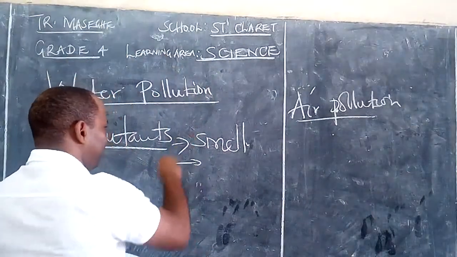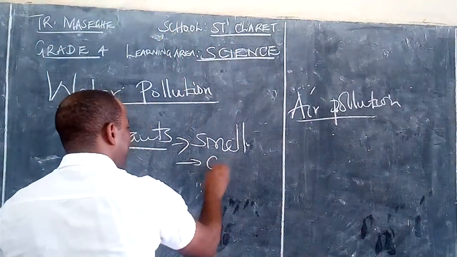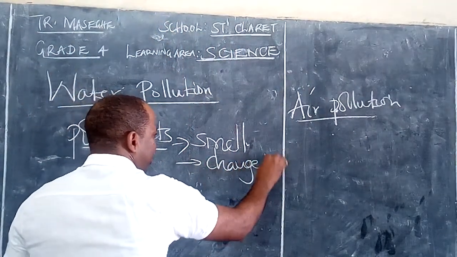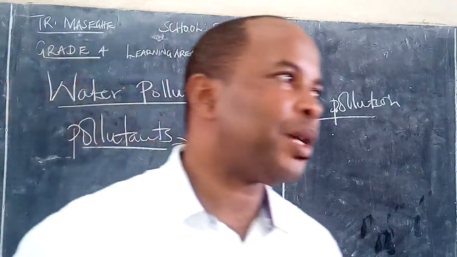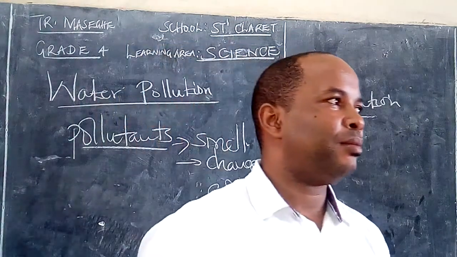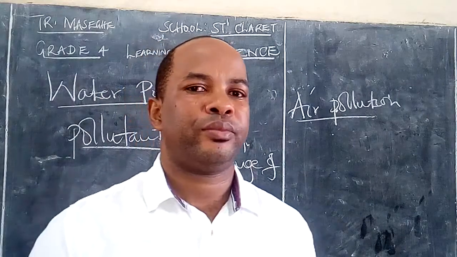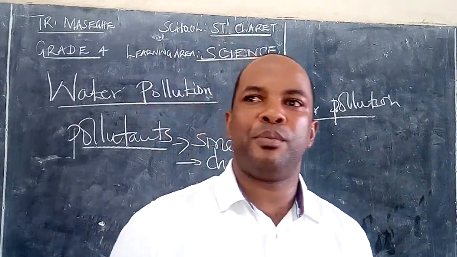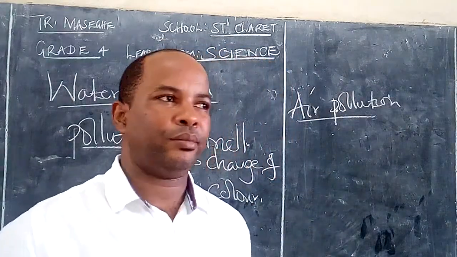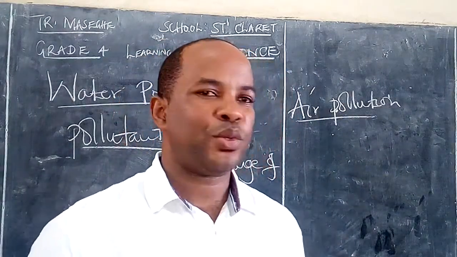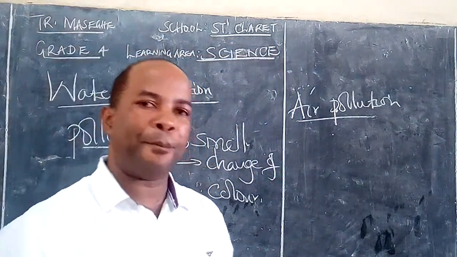Then another thing that we are also supposed to note: change of color. If you find water looks greenish, let's say that water is unfit for drinking or for use, although in some very dry areas people may use that one. If you find water is so muddy, looks red, that water is not good for use because it has been polluted. It has other impurities in it.